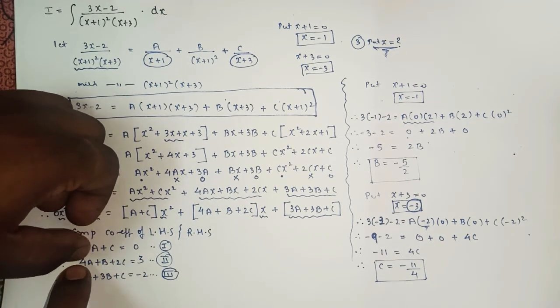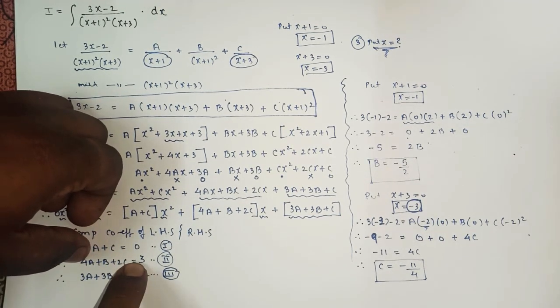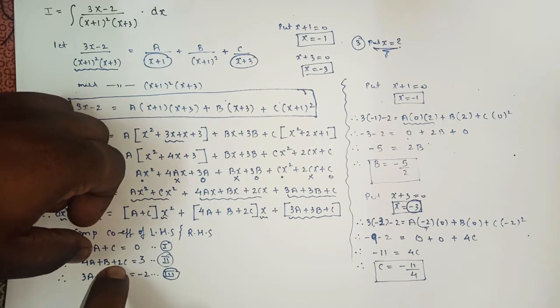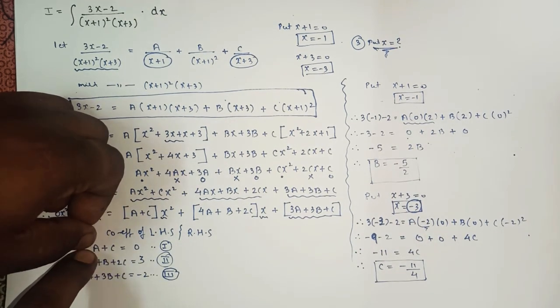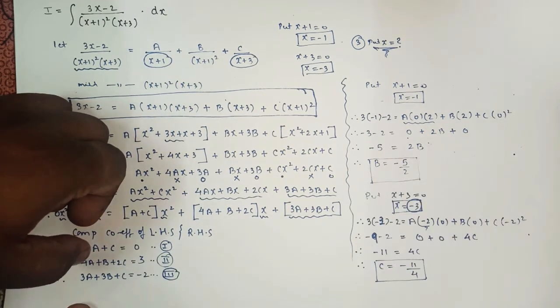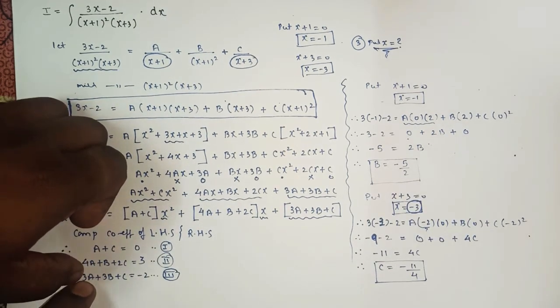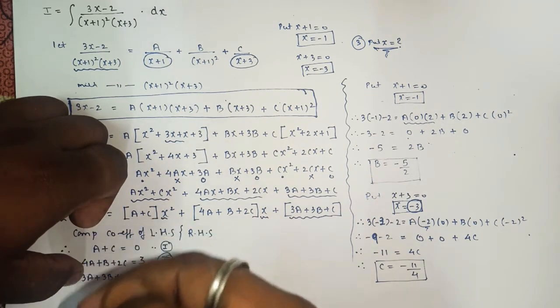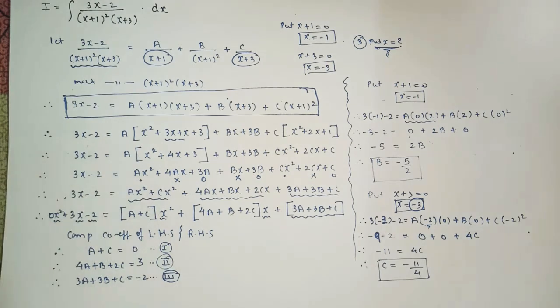Just simply substitute the value of c, and here you will get the value of a. Or else if you want to take the second equation, just simply substitute the values of b and c. Whatever answer you get for a in the first equation, here also you will get the same answer. I will show now. And in the third case also you will get the same answer. So it is up to you whether you substitute in the first, second or third. Now we'll see how to find the value of a here.